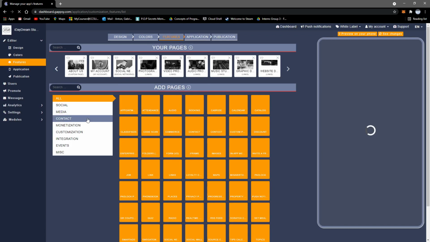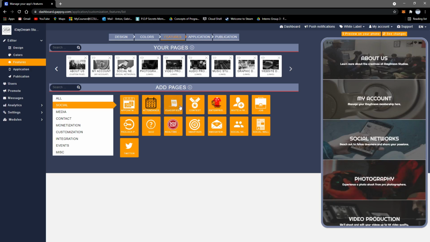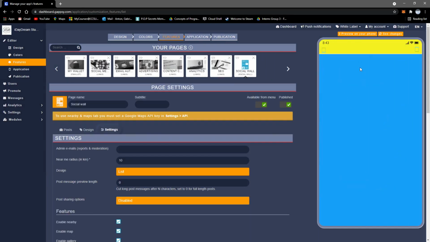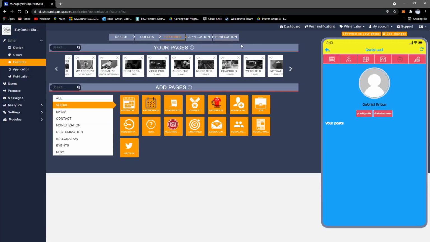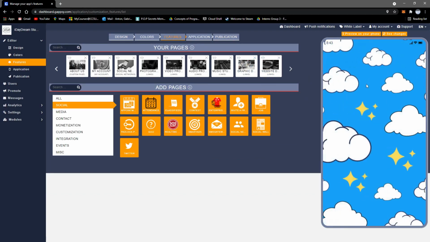Now in the features, there are a wide variety of features. They're each broken up into categories. The social category allows you to interact with other people, find a location. For example, the social wall that I was showing you before, this one allows you to post based off your account, look at other people's posts, look at where they're posting from, and all sorts of things like that. There's contests, everything that involves a group of people online, social media, anything like that. Social networking,